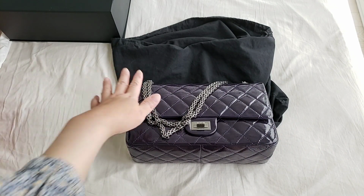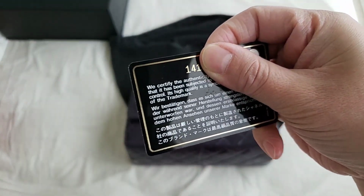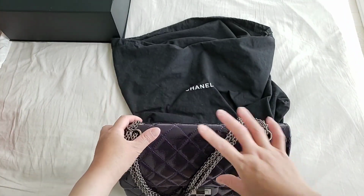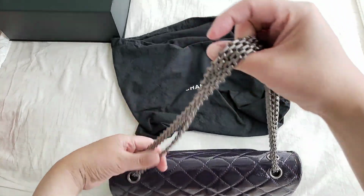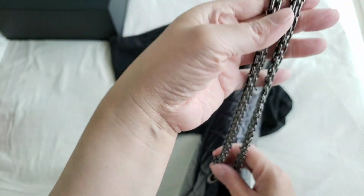And it does come with the dust bag and the authenticity card. It is the 14 series. And let me just show you the bag itself. It is in the silver hardware, or kind of like